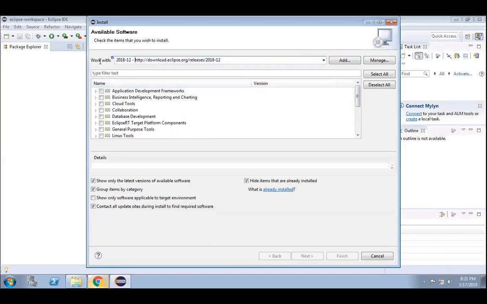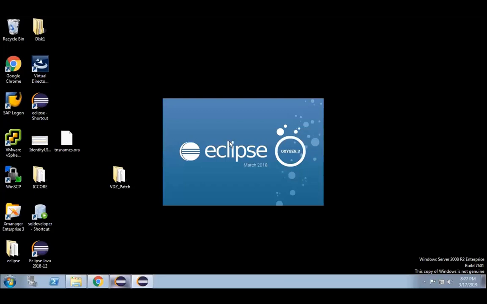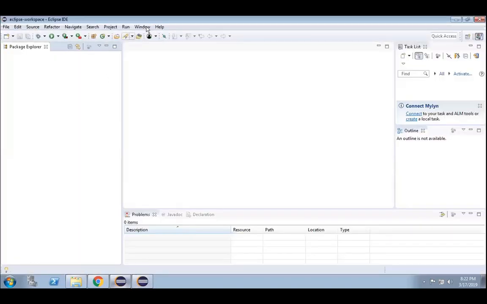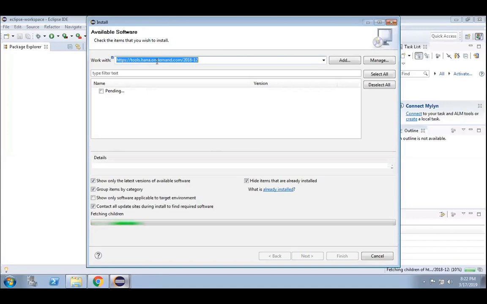You have to give https://tools.hana.ondemand.com/2018-12. Let's see if anything is coming.